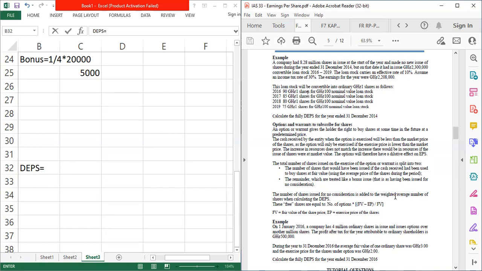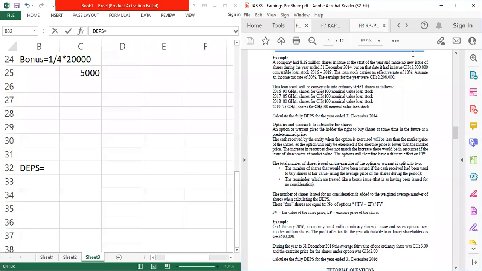2,208,000. This loan stock will be convertible into ordinary 1 cedi shares as follows: 2016, 90 1 Ghana cedi shares for 100 cedis nominal value loan stock. 2017, 85 1 Ghana cedi shares for 100 nominal value loan stock. 2018, 81 1 cedi shares for 100 nominal value loan stock, and 2019, 75 1 Ghana cedi shares for 100 nominal value loan stock. Calculate the fully